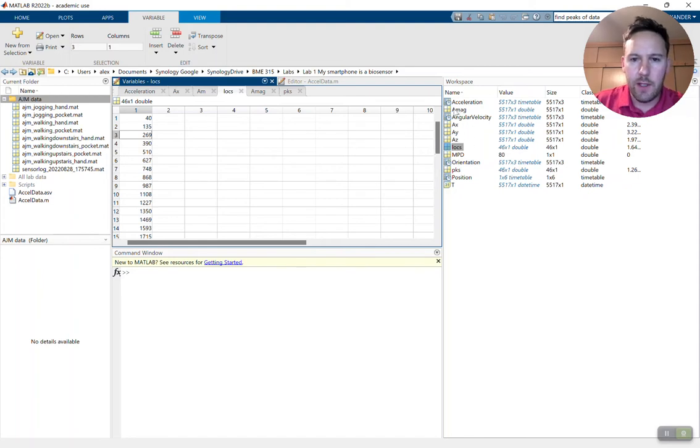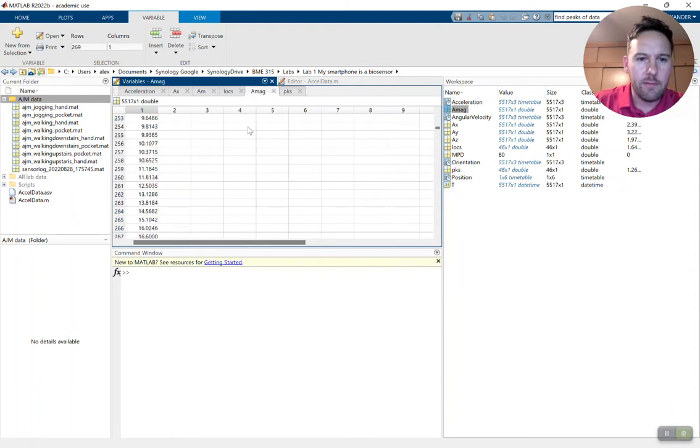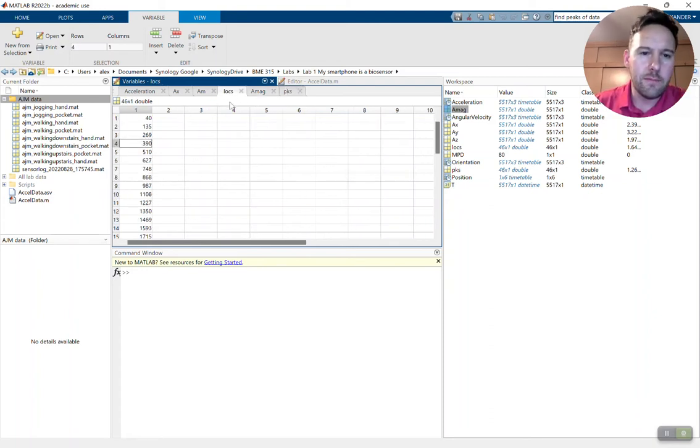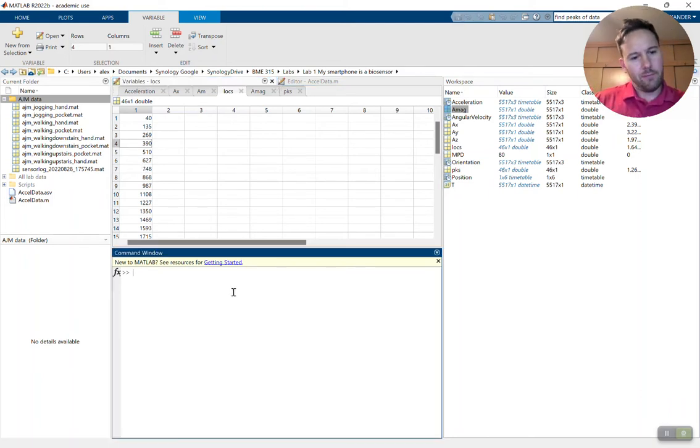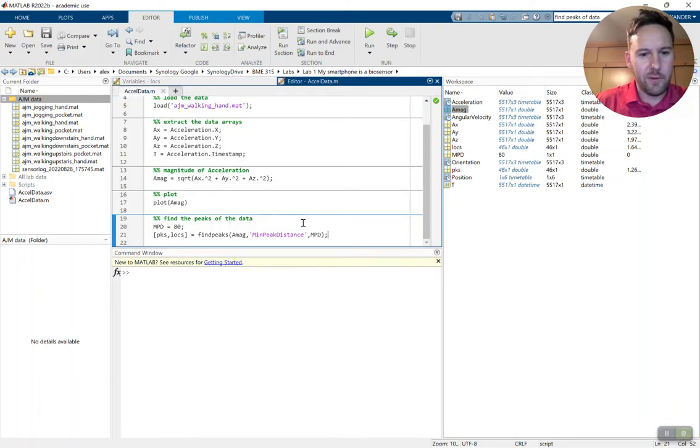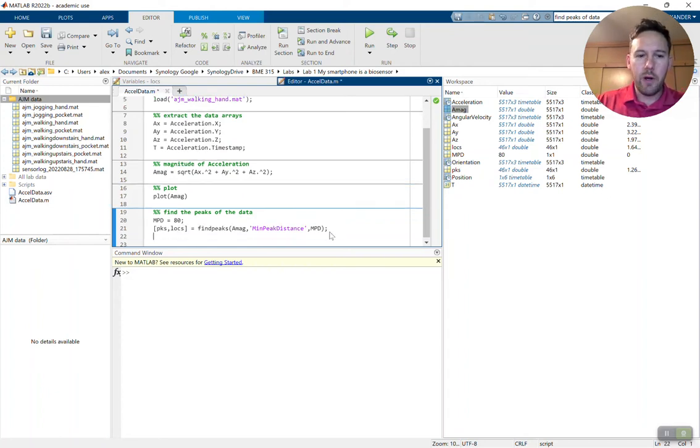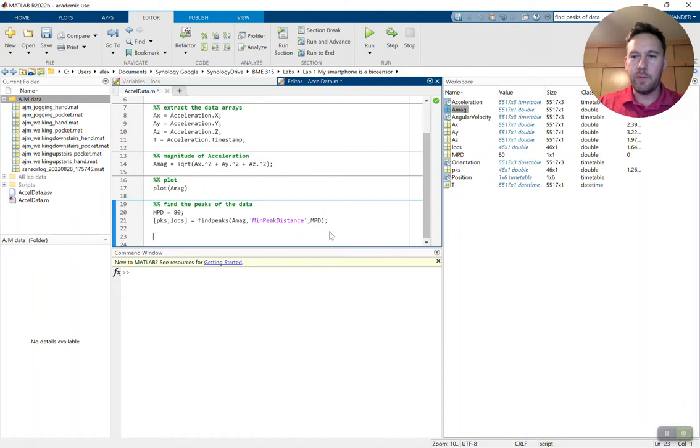Let's look at AMAG of 390. Where's that? Keep going down. 390 is 16.18, local maxima. Wow. Yeah, this is giving us those data points, or that's luck. Probably not luck. All right, so we got peaks and locations, and we want to parse our data out so that we get this repeating characteristic signal. Okay, so how we're going to do that, we're going to extract